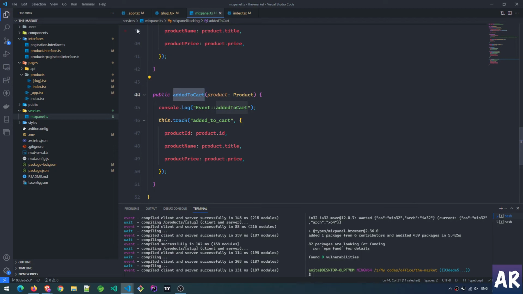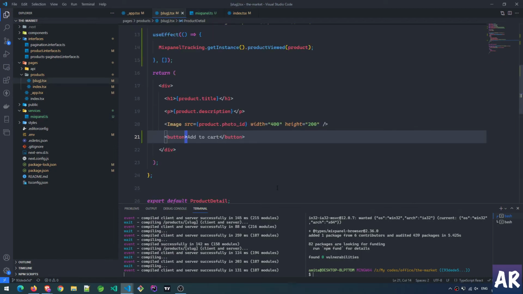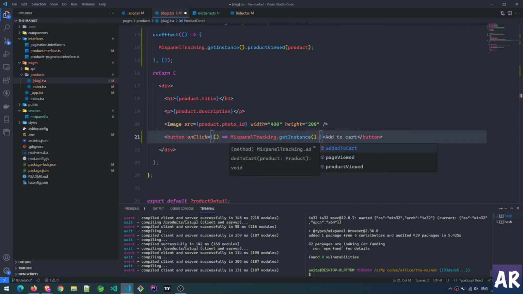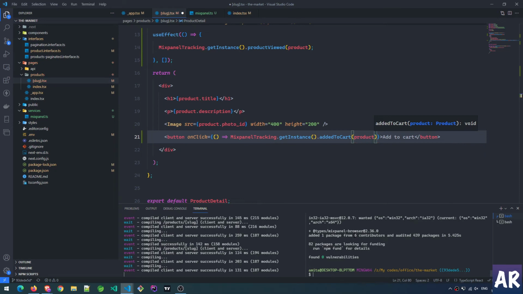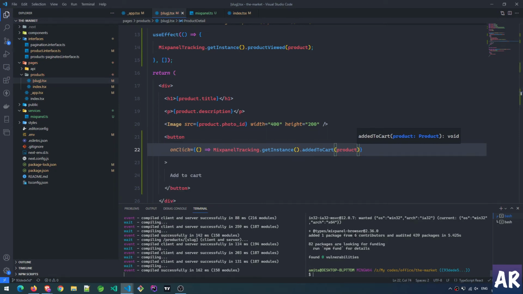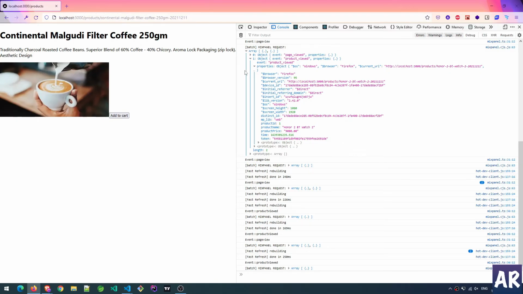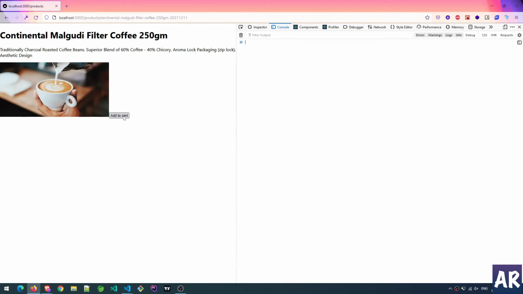So we have a function over here. Now, in this button, what I will do is on click again. This is an anonymous function, not the best way to do it, but I'm taking a shortcut right now. Mixpanel dot added to cart, and I send the product. Okay. And with this in place, my understanding is that if I clear this and click add to cart,